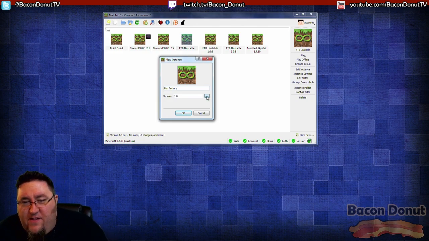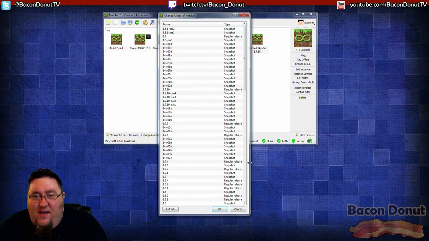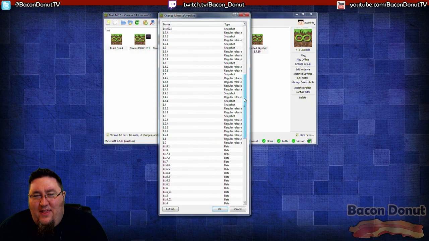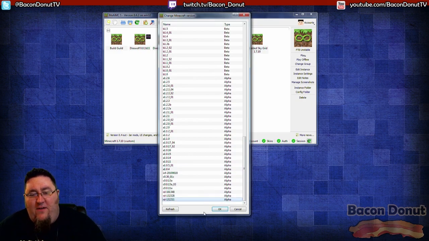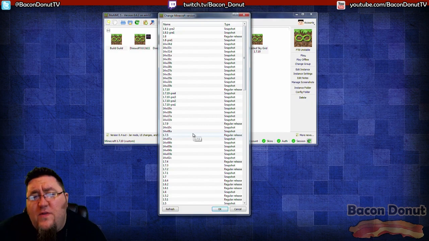So we're going to hit this button right here to change the version. And this is fantastic. Look at all these versions. You can go back, like, this is alpha. You want to go back and play the very first version ever released of Minecraft? It's right there. And including all the snapshots are all in here as well. So the latest